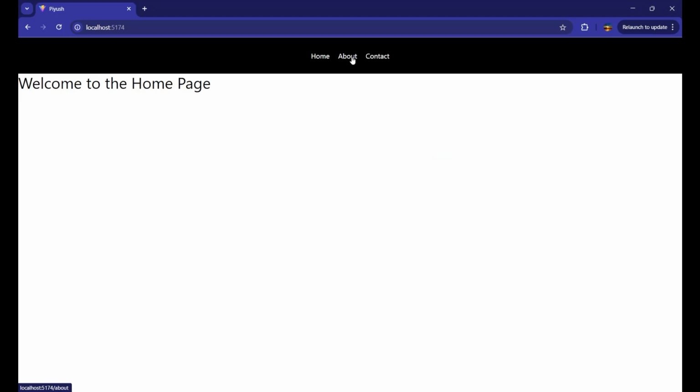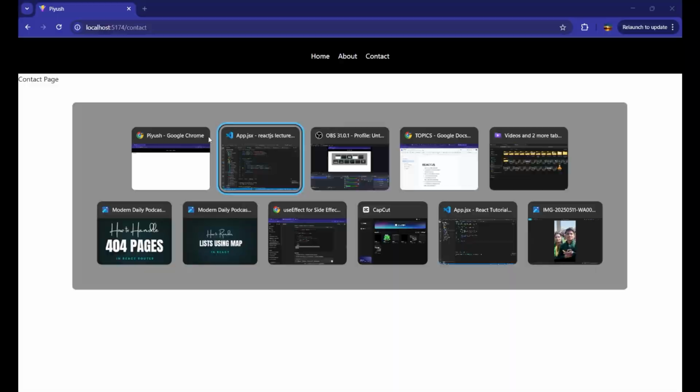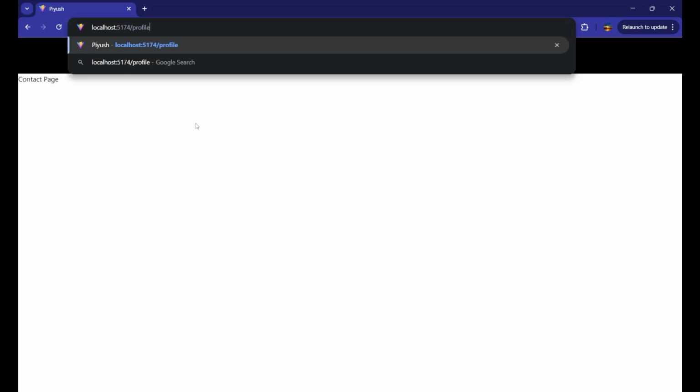Here is home. When I click on about, you can see the route is changed and I'm getting a new page. And here I have contact, on which it shows me the contact page, and the route is changed to contact. Now, what if I write anything else which I haven't defined here? Let's say I write profile, right? And when I click on it, you can see everything is blank.